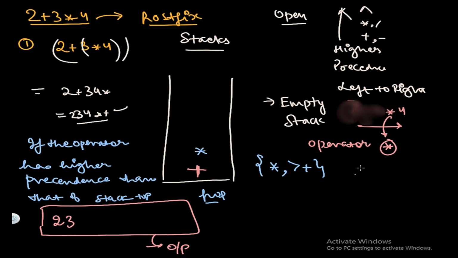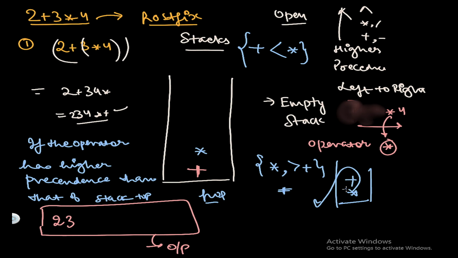Now if the condition would be like this, in my stack here would be the multiply and I have to push plus. I can't push plus into the stack. Why? Because plus has a precedence which is lower than that of the multiplication. So we will pop the multiplication first, then we will push the plus. Okay, so now here the scenario is different, so we just push it into the stack. Now we have 4, so print the 4 in the buffer and just eliminate this.